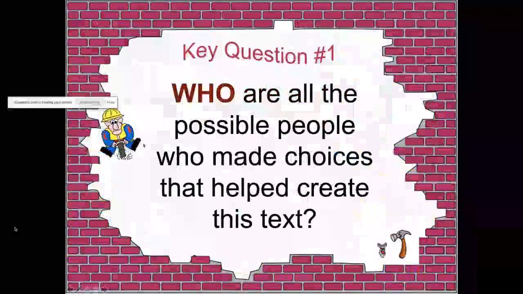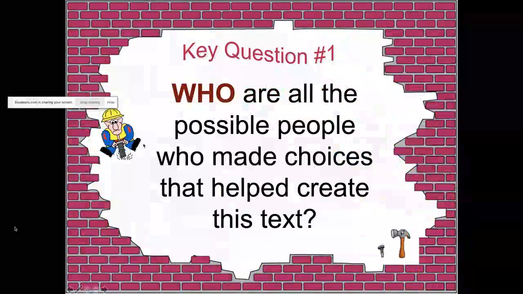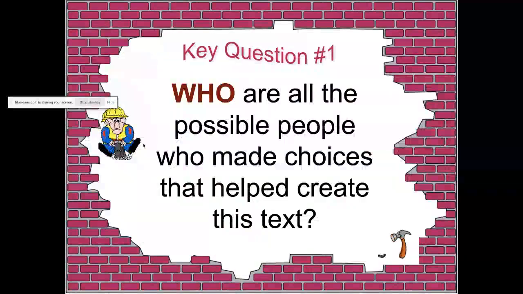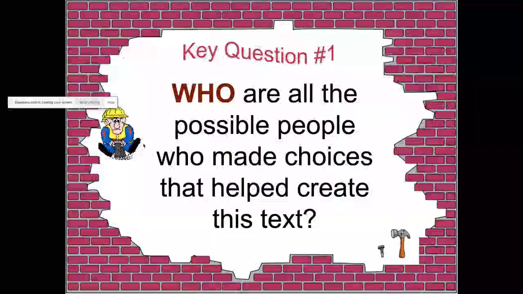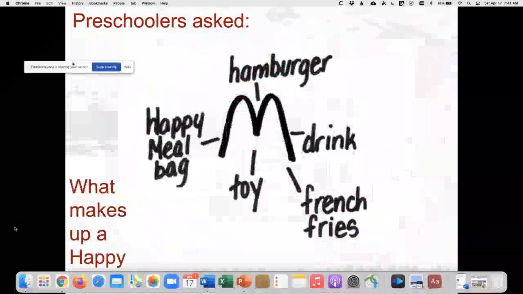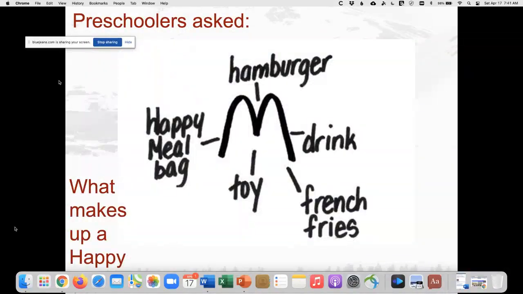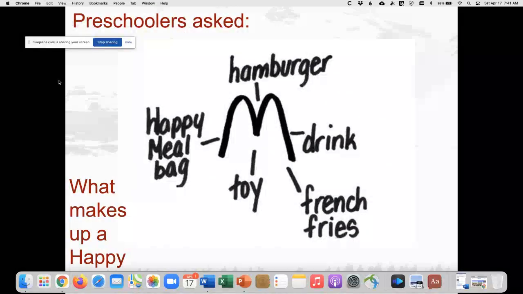So one question you could ask for the very first concept is, well, if we know it's all constructed, then we could ask, who are all the people making these different decisions to create this text? And I want to show you an example that was done with preschoolers. Vivian Vasquez, a teacher who was up in Canada at the time, was working with 3 to 5-year-old children. They came in one day complaining about the Happy Meal, because one of the girls was given a doll and she wanted the car. But the person at McDonald's said, no, you're a girl, you get the doll. And so she was complaining. She said, that's not fair.